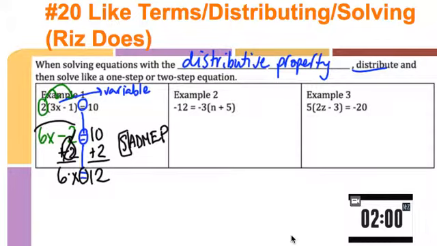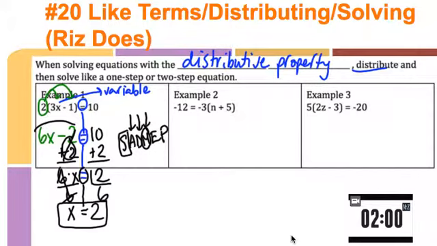I keep going through. Do I see addition? No. Do I see division? No. Do I see multiplication? Yes. I'm going to divide to use the inverse operation of multiplication, and I end up with x equals 2. Okay, for example 2, again I find my middle, which is the equal sign. I identify my variable, which is n,